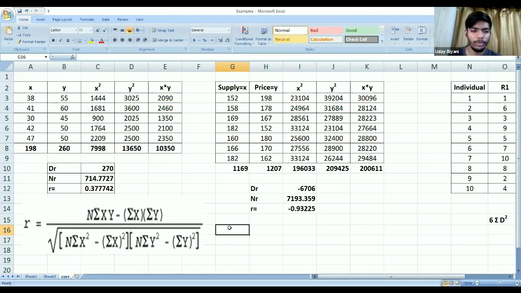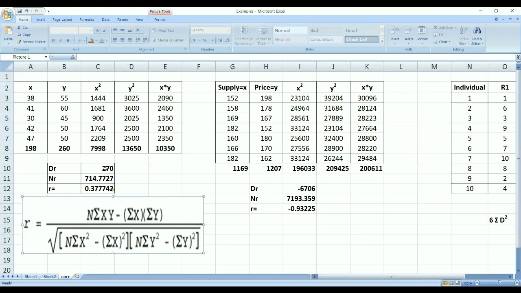मैम ये न्यूमरेटर डिनोमिनेटर वाला एक बार फॉर्मूला बताओ ना, नहीं समझ रहा है. You can see, I have copy pasted that formula also. N into sum of x into y. So you have to, here, n kya hai? What is n? N is 1, 2, 3, 4, 5. 5 into 10350. Okay. You have to give that particular cell number. Just click that cell number where you want to calculate. 5 into E8.